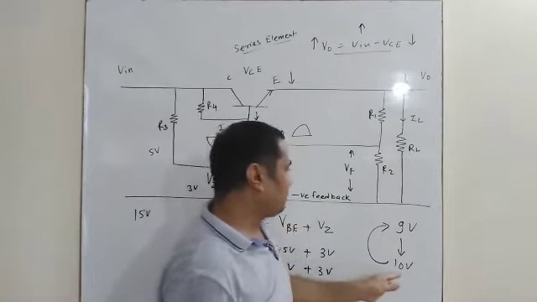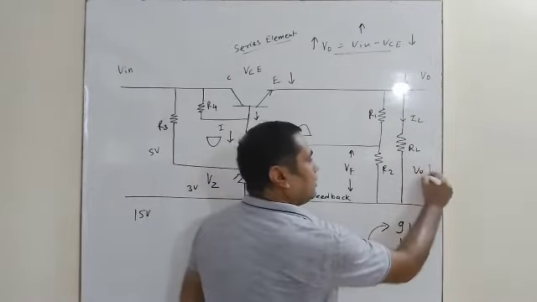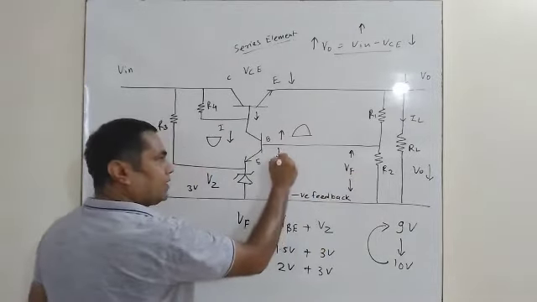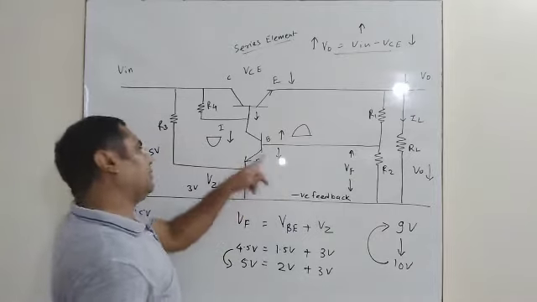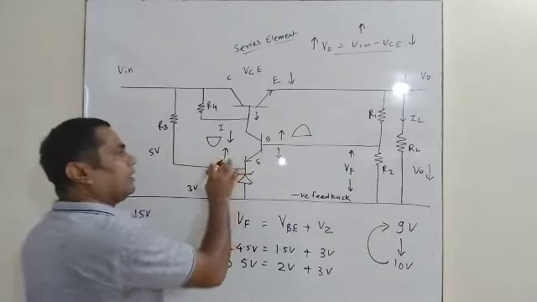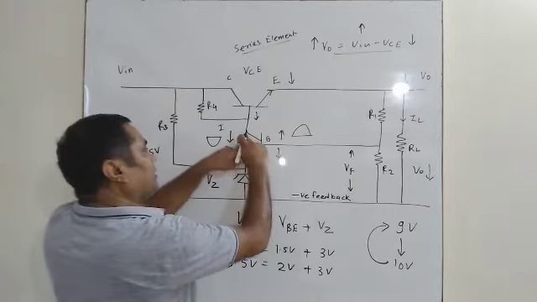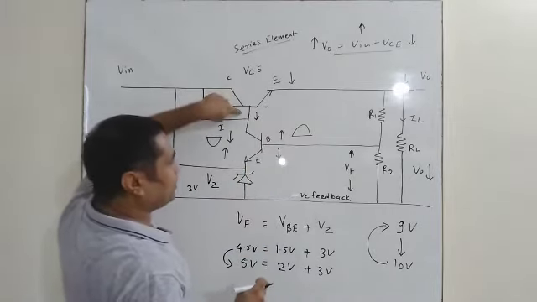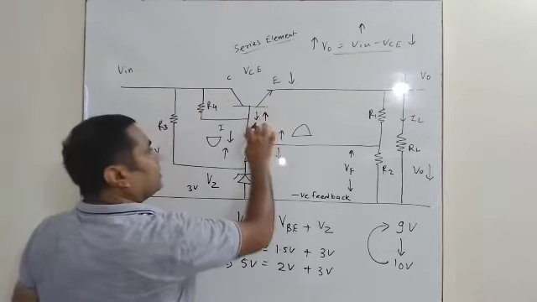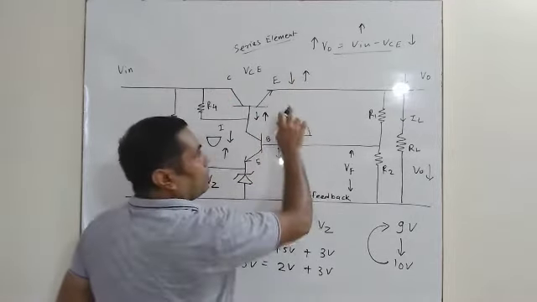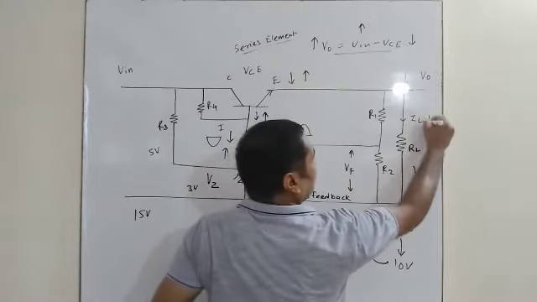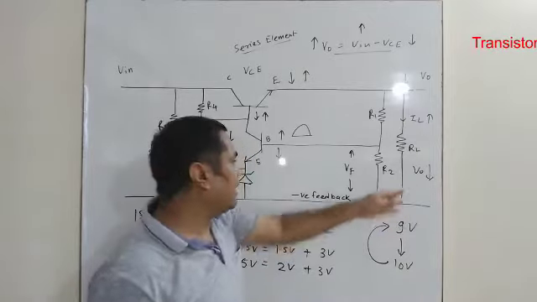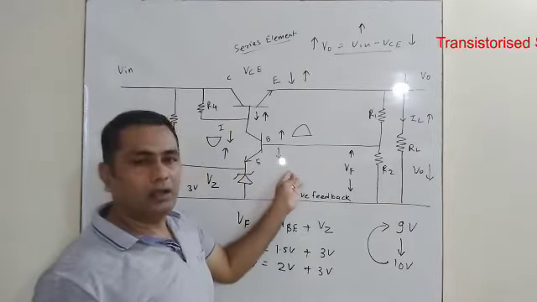In the same way, if this voltage decreases, it will decrease the feedback voltage. So there will be a decrease in the base to emitter voltage. In the opposite manner, it will increase the collector current of this transistor. This collector current is the same current to the base of the series element transistor, so that will also increase. That will also increase the emitter current, and emitter current and load current are the same. So load current also increases. So in this way, if the output increases or decreases, that will be compensated by this error amplifier.